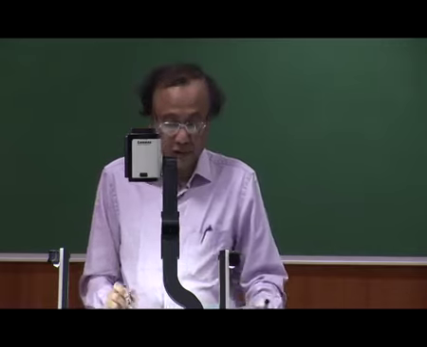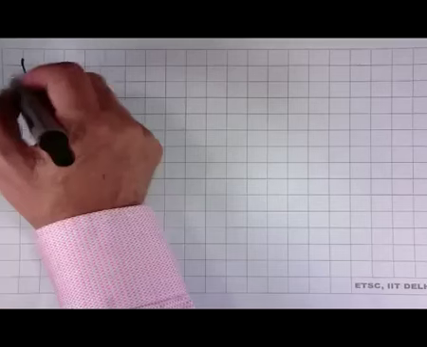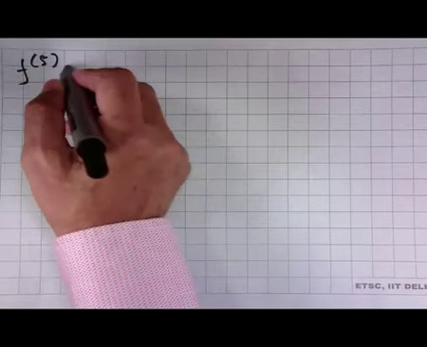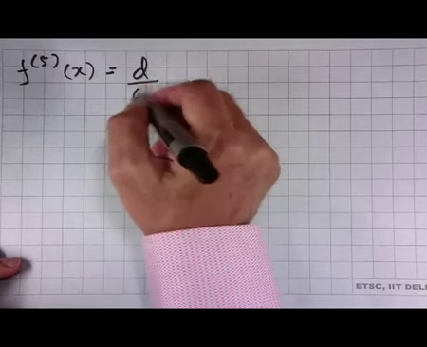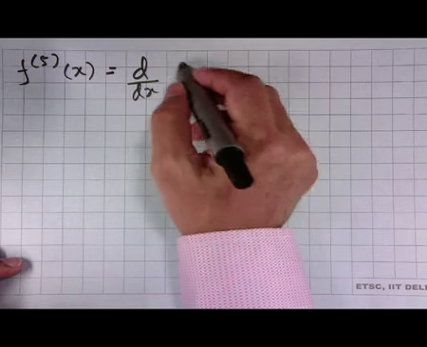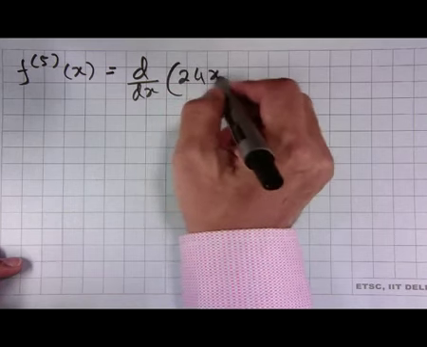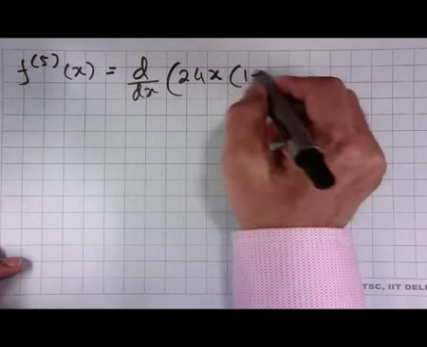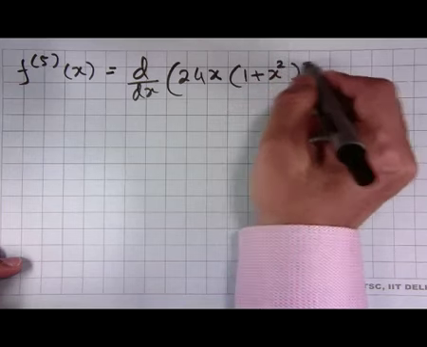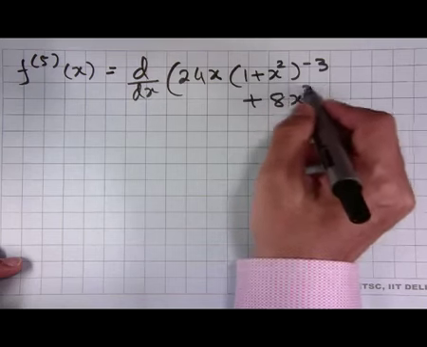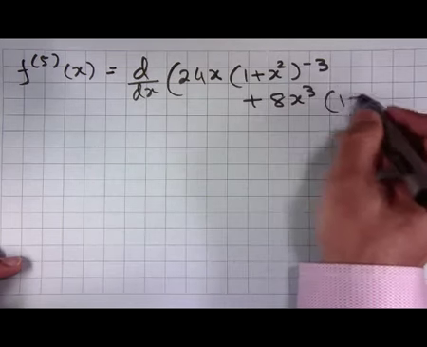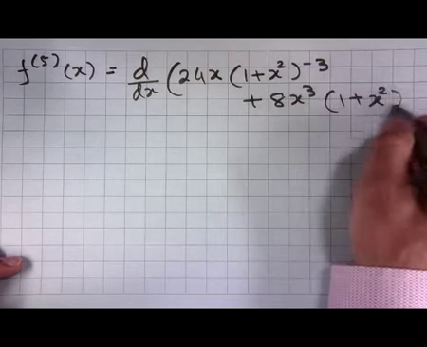differentiate it once more. Therefore, f 5 x is equal to d dx of 24x into 1 plus x square whole to the power minus 3 plus 8x cube into 1 plus x square whole to the power minus 4,